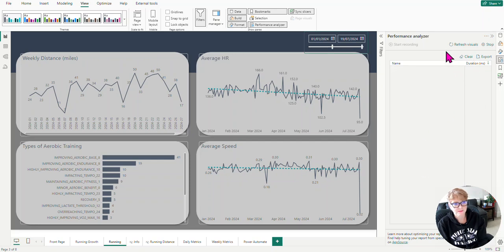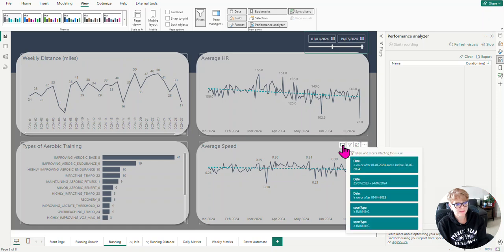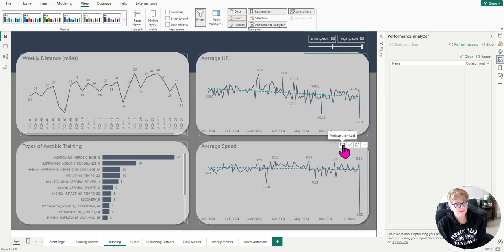But what you can do is you can clear, and as you hover over, you see you've got your three buttons, but you've also got these little small buttons here. Analyze this visual. So when you click on Analyze this visual, it brings up just this one particular visual. And then when you open it, you can see you can run the DAX in the query view, or you